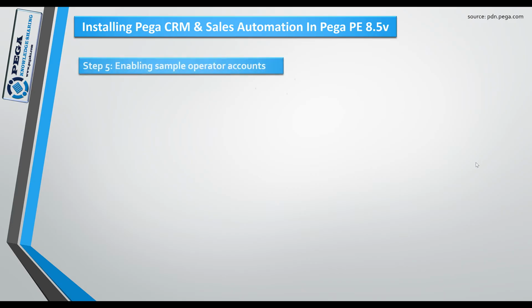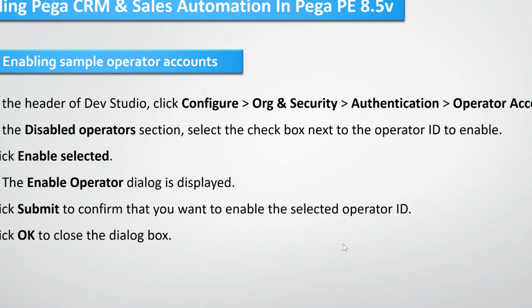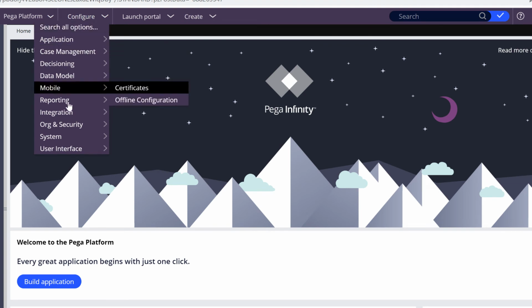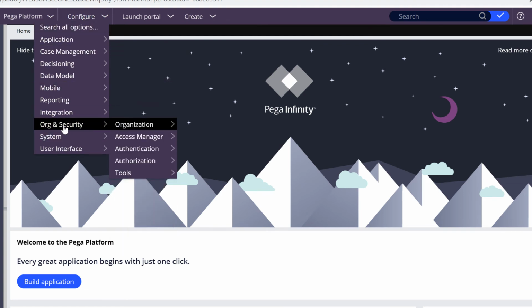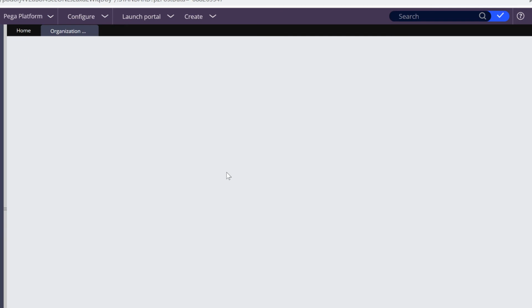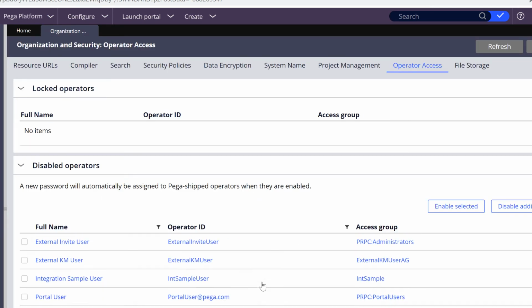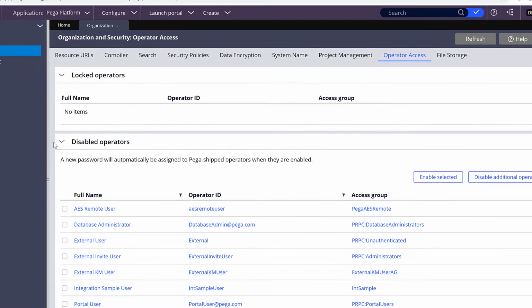Now proceed to step 5, enabling sample operator accounts. Let's see how to enable the sample operator. From the Configure menu, navigate to Organization and Security. Navigate to Authentication. Click on Operator Access. You can see all the disabled operators under the Disabled Operators section.